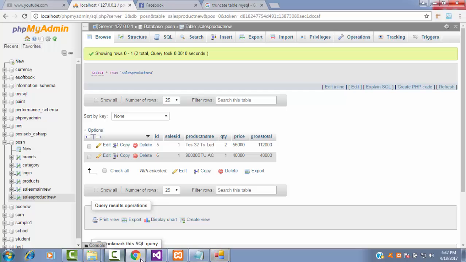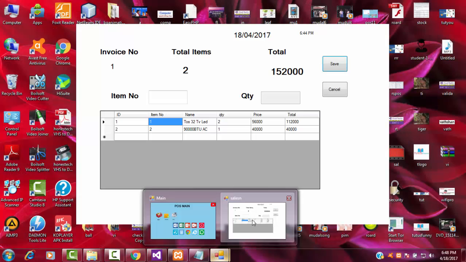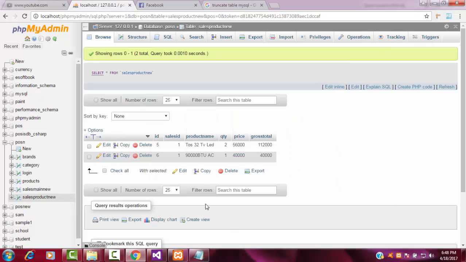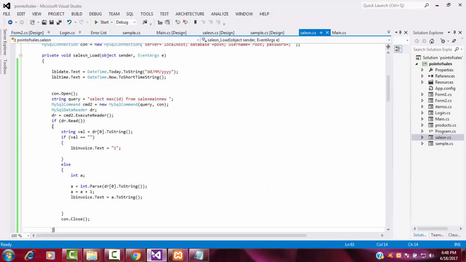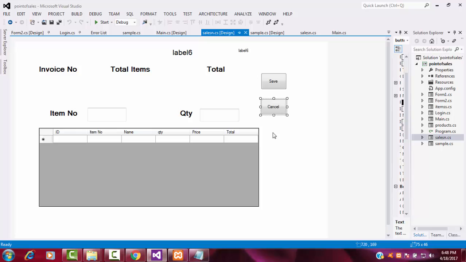Again, I am going to close this one. In my next tutorial I am going to write the coding of the cancel button. I am going to explain how to write the cancel button and other stuff